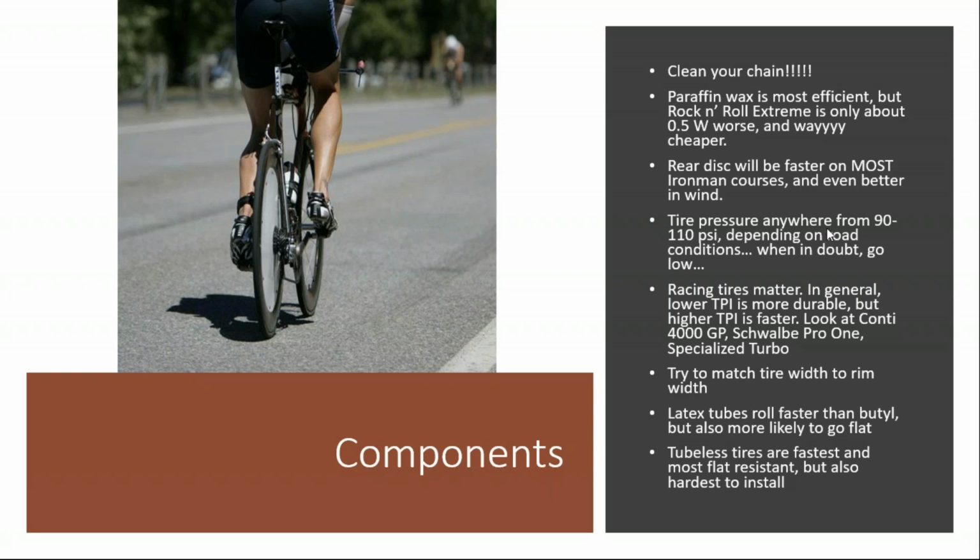As we get into tire pressure, this is kind of an often ignored area, but a lot of rolling resistance testing that's come out lately has shown there's this almost sharp spike in rolling resistance, and we're talking significant gaps here, like several watts, once you go beyond a certain tire pressure. And it's generally around 110, 115 psi. When you go over that, 110 or 115, if you're on a